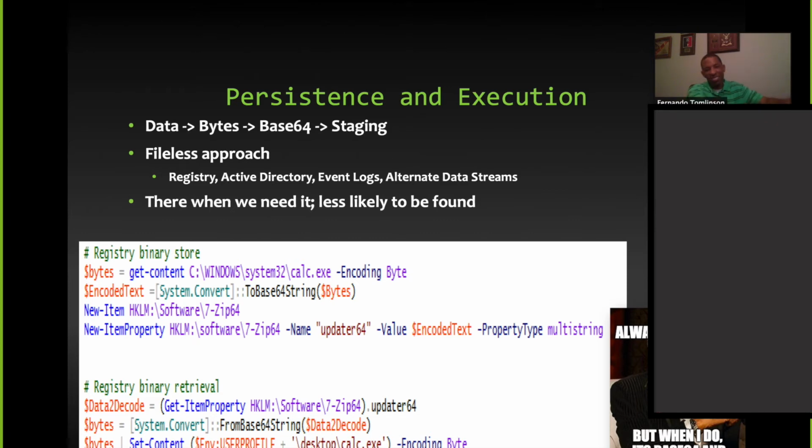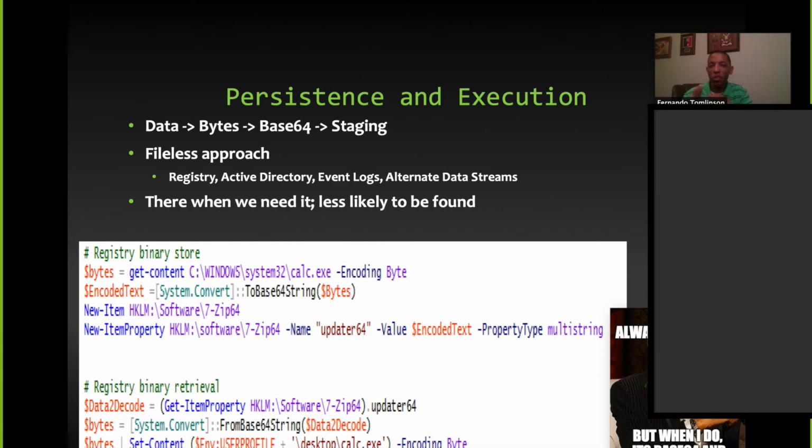And now it's just sitting there. It's sitting in the registry in a place that's obscured, in a place in which admins won't find me unless they're purposely looking for me. And it's going to sit there until I'm ready for it to execute. This is a common technique in which people do this, and it's not only in the registry, but they can do it pretty much anywhere in which you can store data on a Windows machine. So we've got Active Directory, event logs, alternate data streams, whenever, wherever.